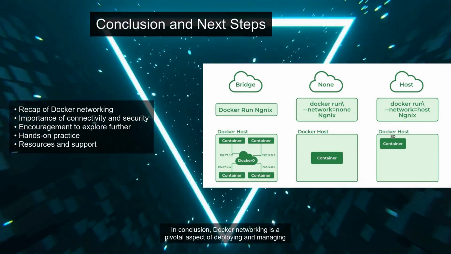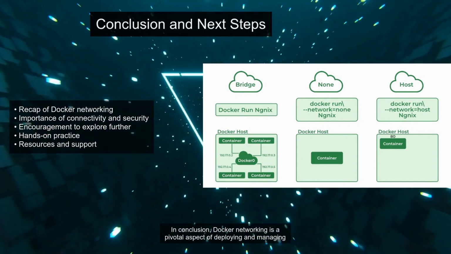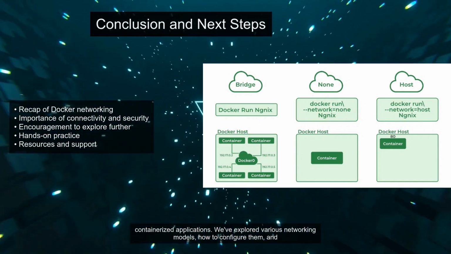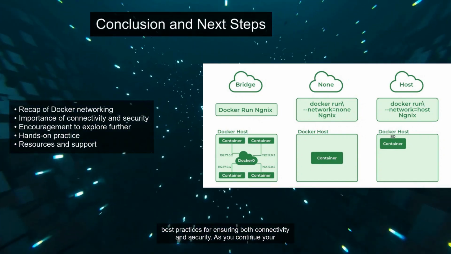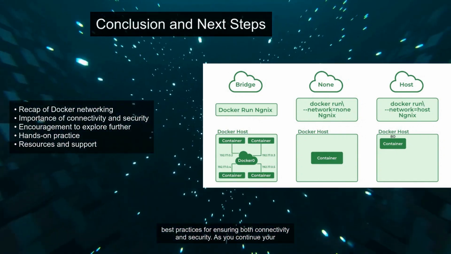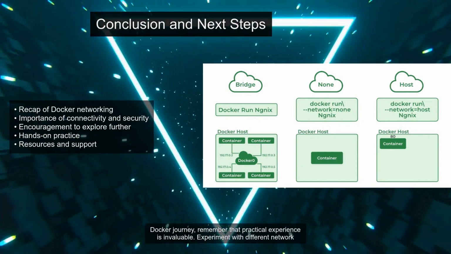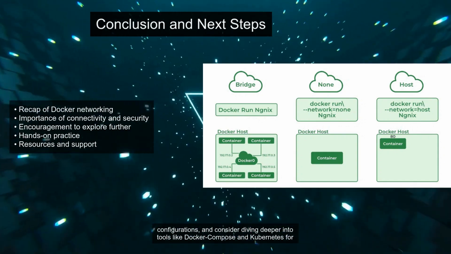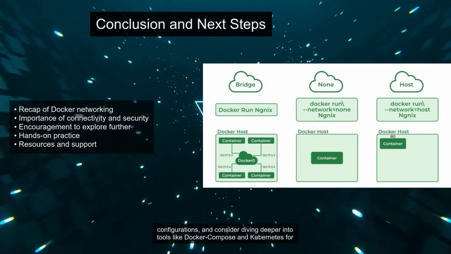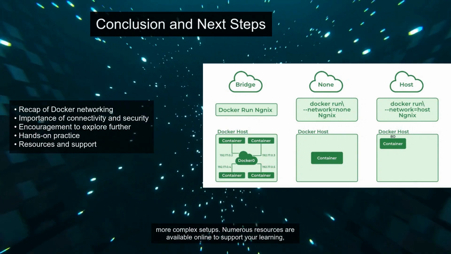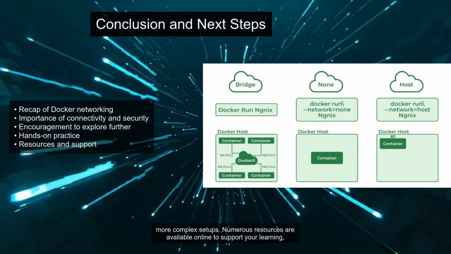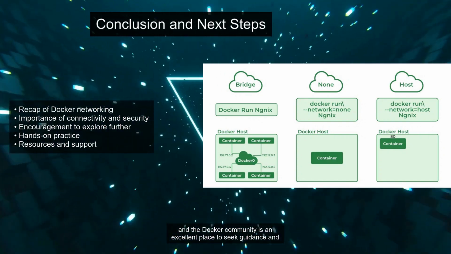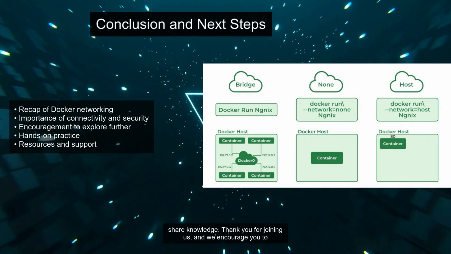In conclusion, Docker networking is a pivotal aspect of deploying and managing containerized applications. We've explored various networking models, how to configure them, and best practices for ensuring both connectivity and security. As you continue your Docker journey, remember that practical experience is invaluable. Experiment with different network configurations, and consider diving deeper into tools like Docker Compose and Kubernetes for more complex setups. Numerous resources are available online to support your learning, and the Docker community is an excellent place to seek guidance and share